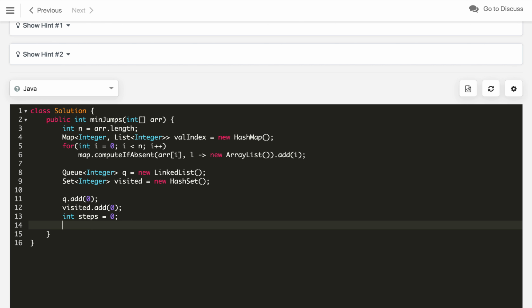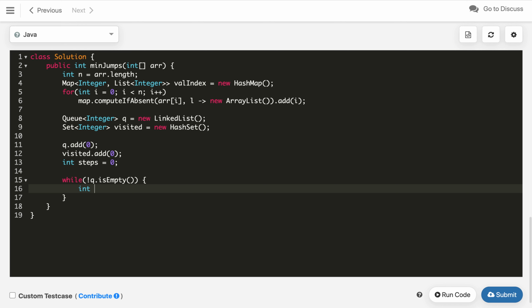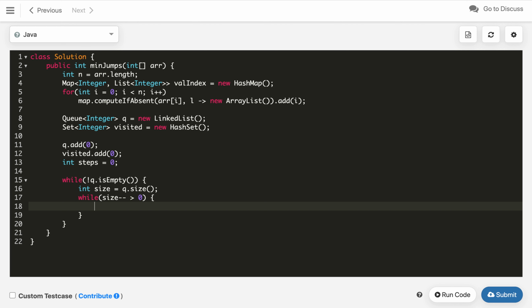So now for BFS, we will apply BFS until the queue is not empty. Then first we have to apply BFS layer wise. So let's find the size first, the number of elements in our queue, which will be queue.size, and then we will run another while loop while size is greater than 0.